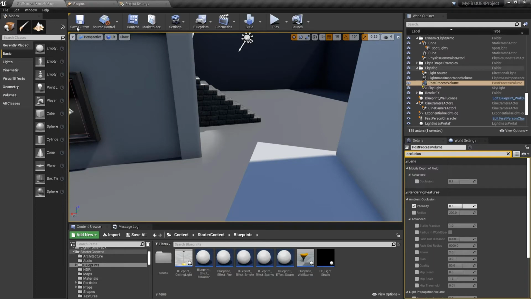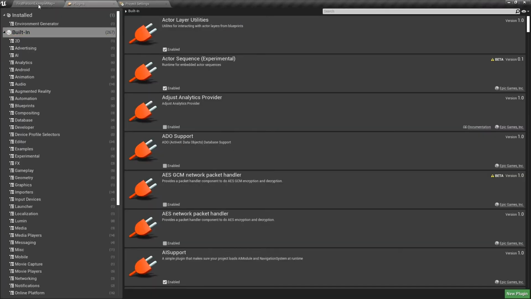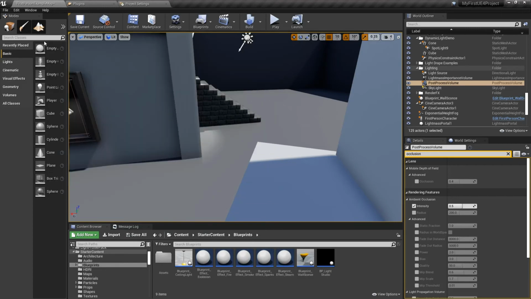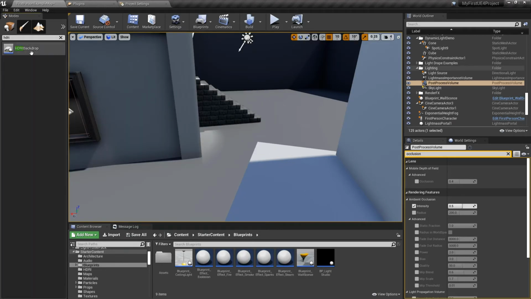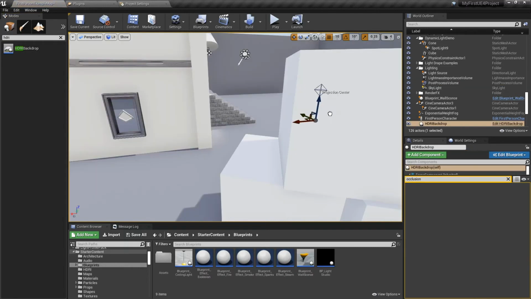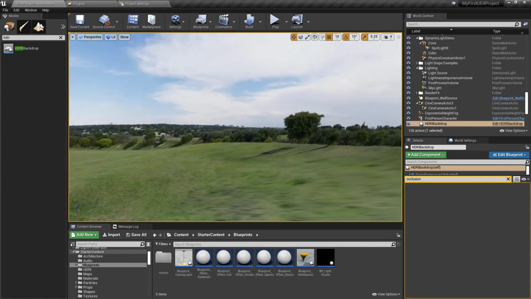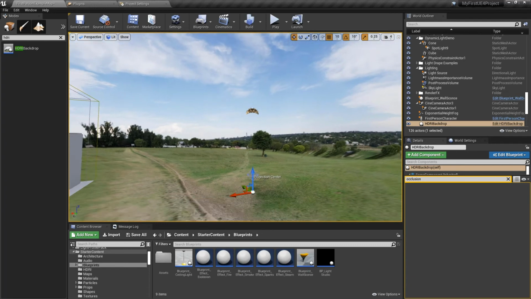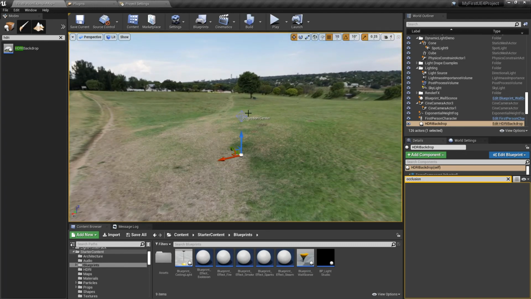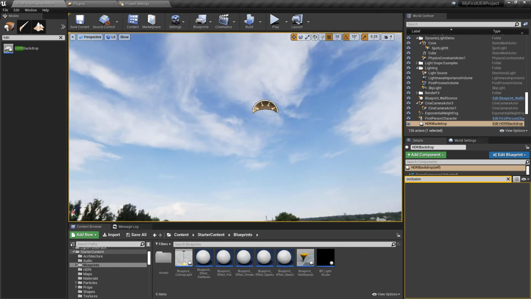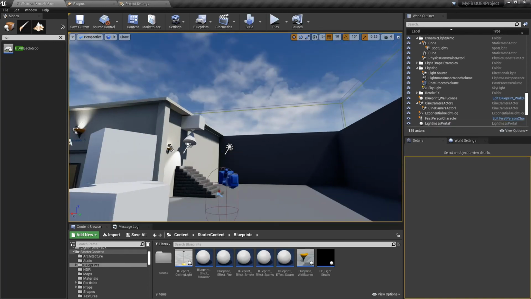It's a plugin right now, so if you go in and type in under build HDRI, you can load up the HDRI backdrop. And then if you type HDRI, it will show up and you can just drag that into your scene. So I can hold down the Shift key and drag this out. And you can see this is really great for testing out, dropping in objects, and getting an HDRI that would be able to visualize it with advanced lighting properties and a set that would give you a lighting scenario. Let's delete that, go back to where we were.